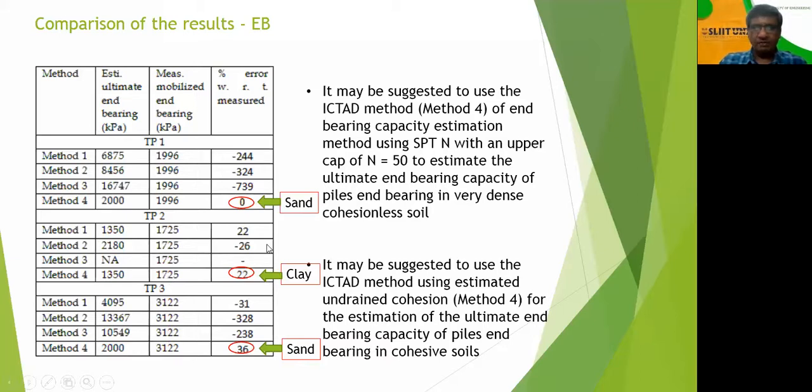So here maybe we can say that we can reasonably estimate the mobilized end bearing in soil using the guidelines we have now. And even the skin friction we can estimate using the guidelines we have now, but those are actually not the problem. So if you look at